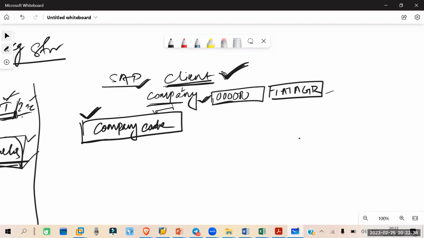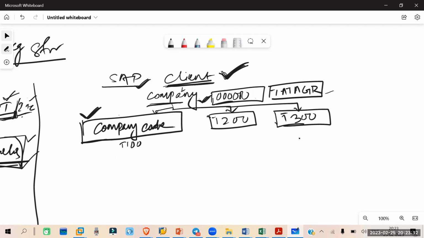Okay, so company code, let's say this company code is a 4-digit alphanumeric code. You can take either 4 letters or 4 numbers, or a combination of both. Let's say we are assigning Tata Steel as T100. Let's say we have one more company code, T200, for our Tata Motors. And we have T300 for our